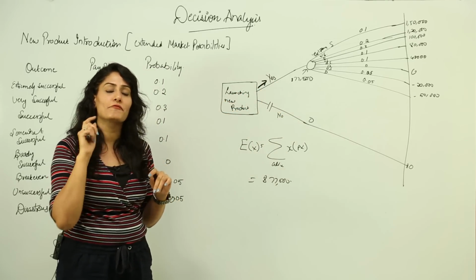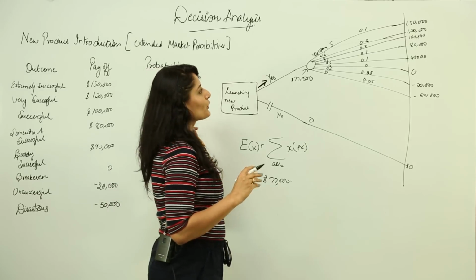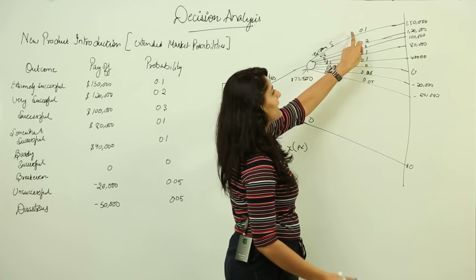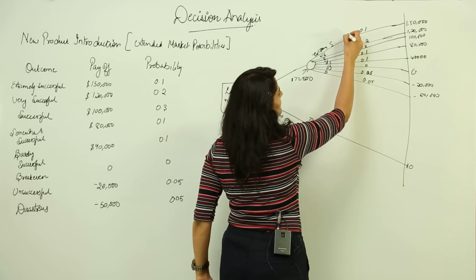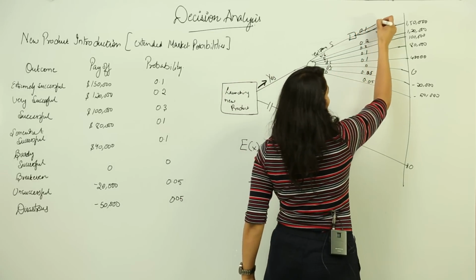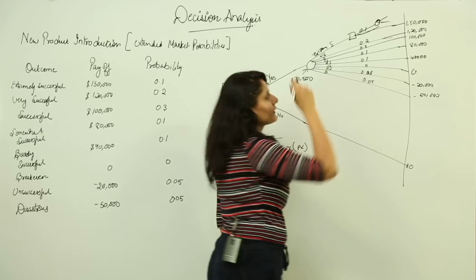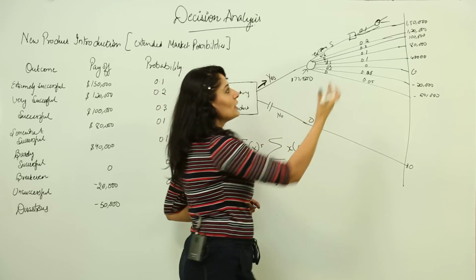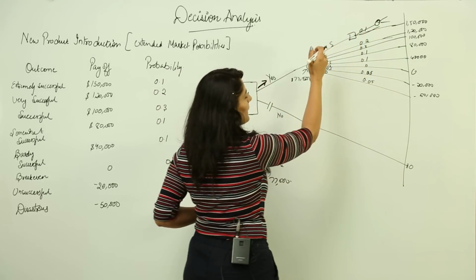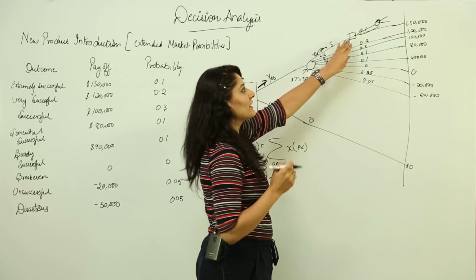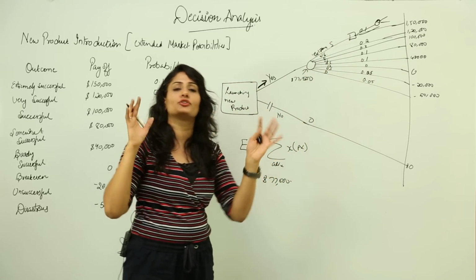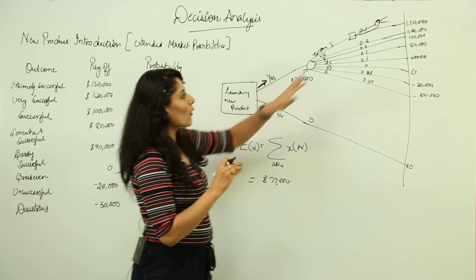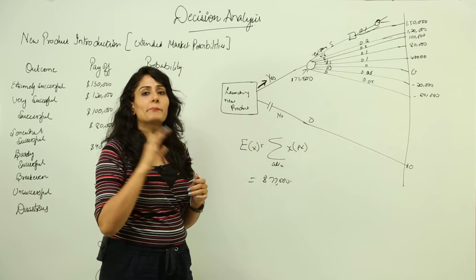Now here I would like to add one more thing, that sometimes you can get problems where this branch can lead to another decision point, and it would again have its chance node further on. So the process, the drill, the formula would remain the same. You would again fold back and then come to the chance node, and then you will see whether you have to go ahead with this particular decision branch or not. The process would remain the same. The only thing is that it gets a little bit complicated, but the process remains the same.